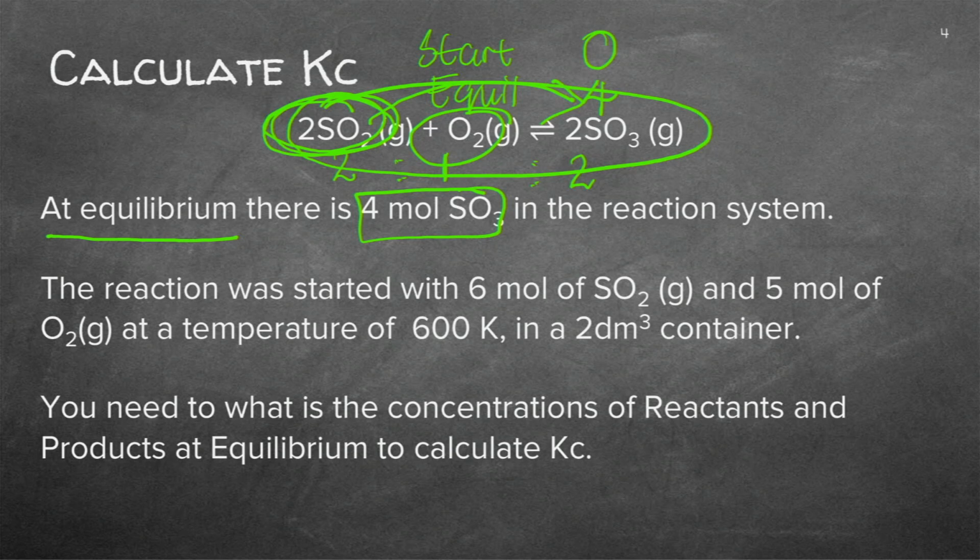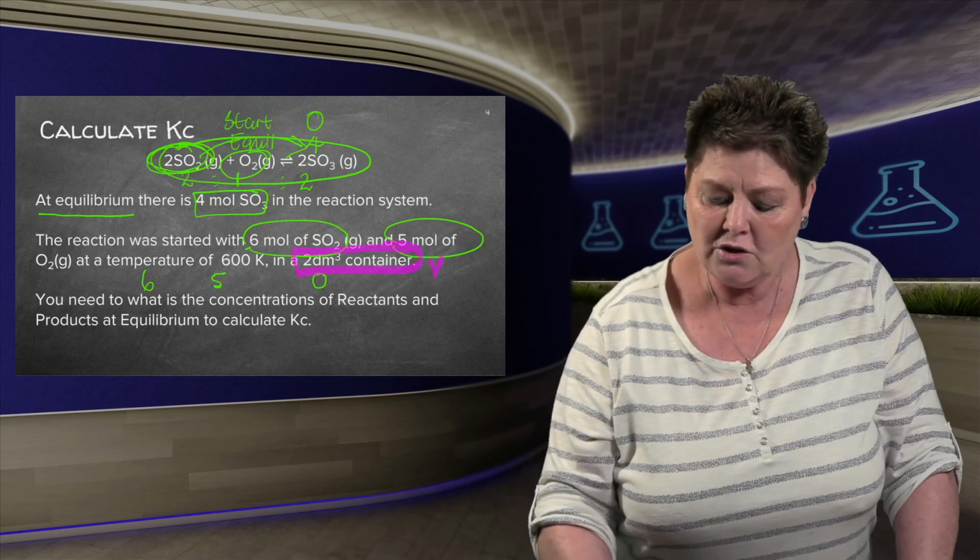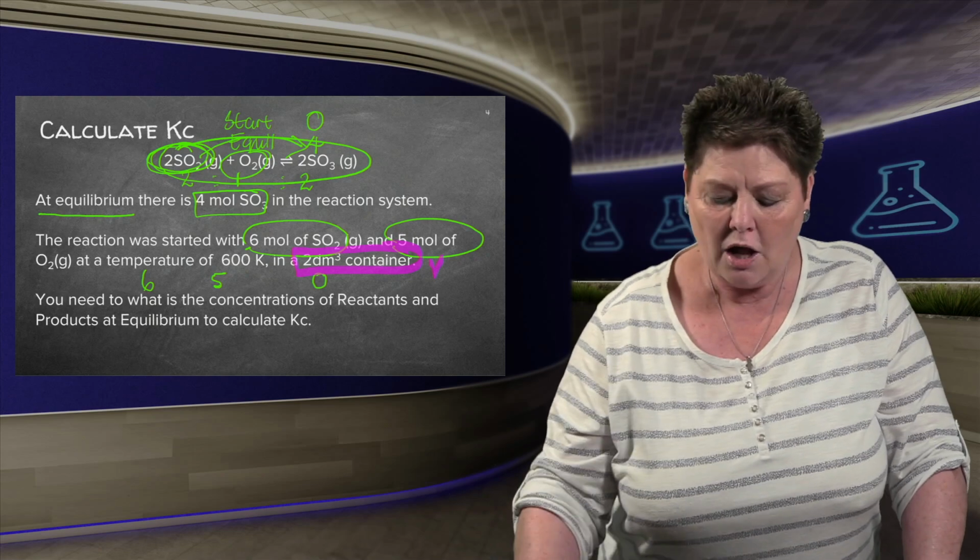They gave me more information. When the reaction started, it was with 6 of the SO2 and 5 of the O2. So they used 6 SO2, 5 O2, and 0 of the product that was formed. Another important factor is the size of the container. Do you see the 2 cubic decimeter container? So that's the volume, and you will see where we're going to use that. But I encircle and highlight all the information that they provide me. Can you see? I read through the question, but I made a lot of notes.